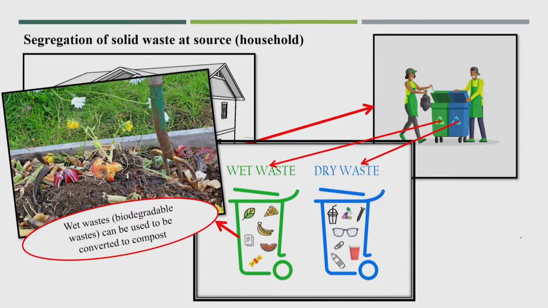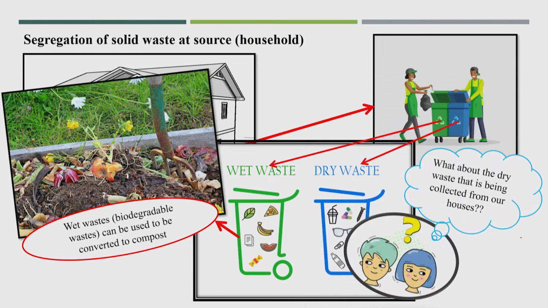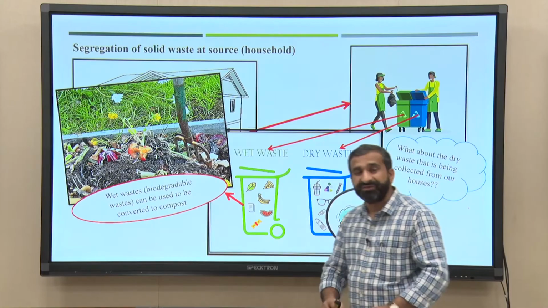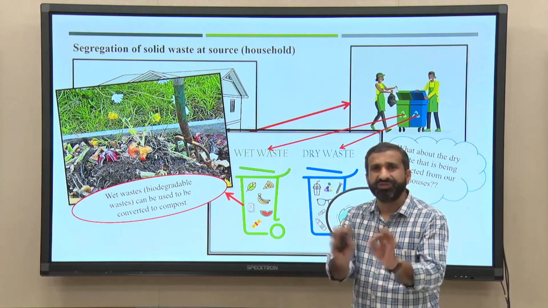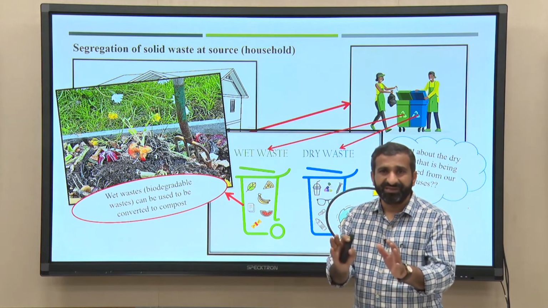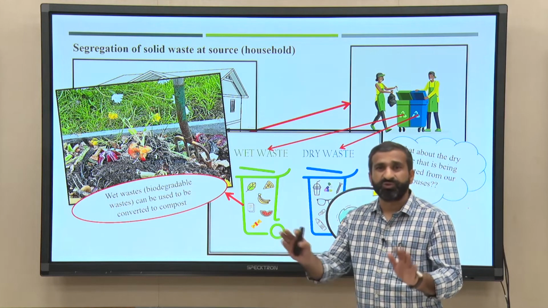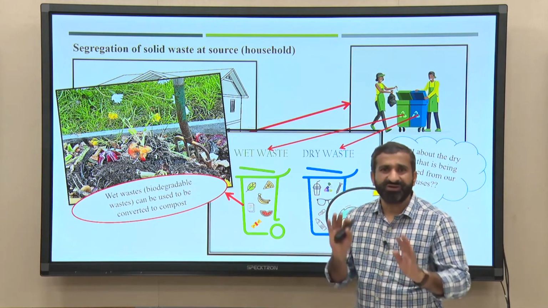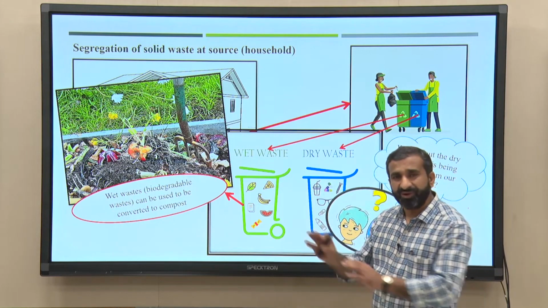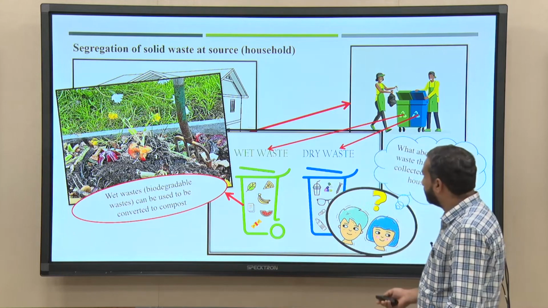The wet waste will be used for the composting process. Because the entire wet waste will go for the treatment process, you need no segregation of the wet waste, whether it is cooked waste or uncooked waste. All kinds of that waste are possible for the biological treatment process. But the problem is with the dry waste, which is also a mix of different components.